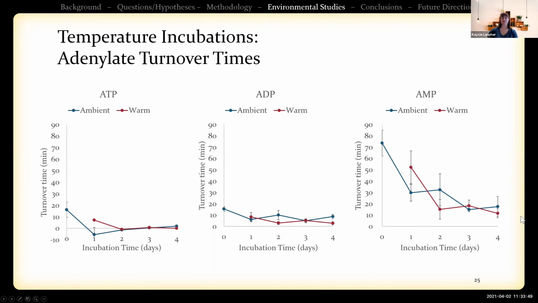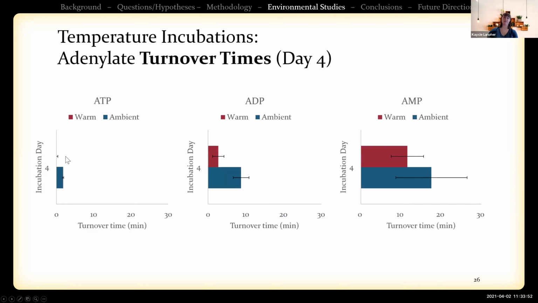So zooming in on that day 4, we have very, very quick ATP turnover, so very small turnover times, very quick exchange of that whole pool of ATP, and the ADP gives you a little better view that there was a significant change in the quickness of those pool turnovers with the warm condition. So we had a lot faster metabolic turnover rates with the warm condition. So that temperature really changed our rates of change, which was again our hypothesis, because temperature directly impacts